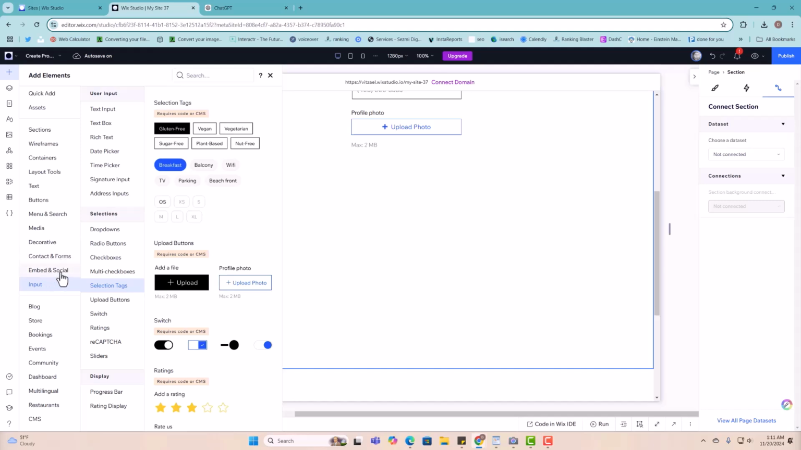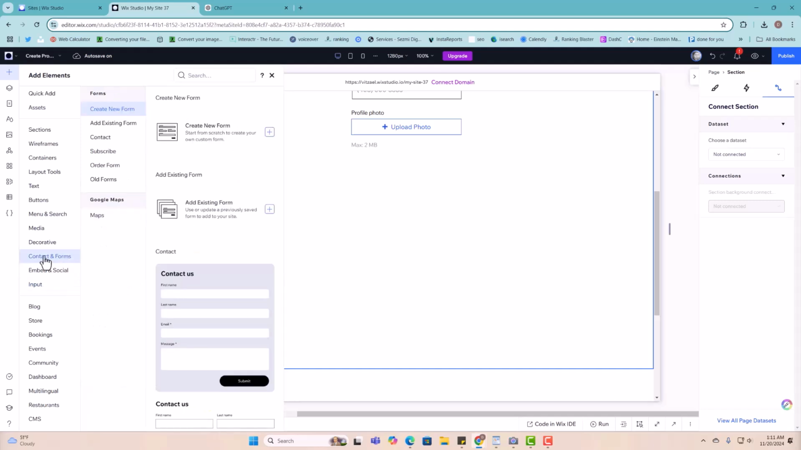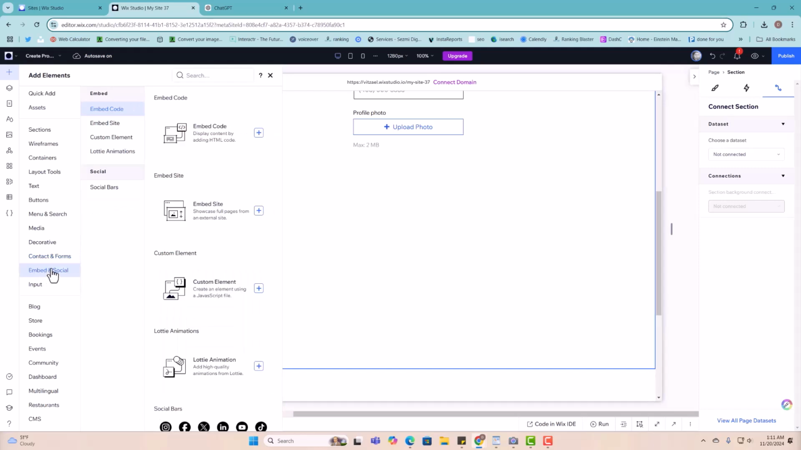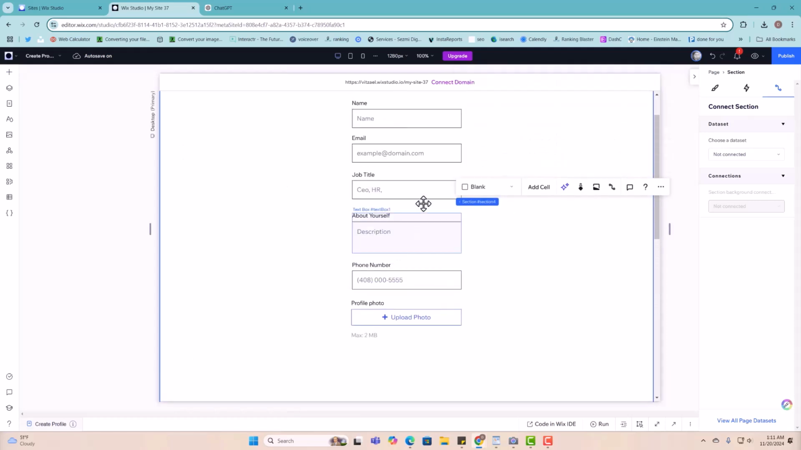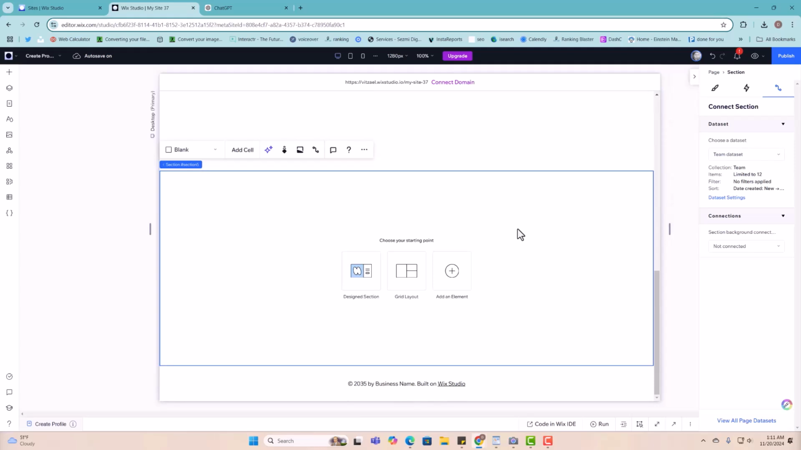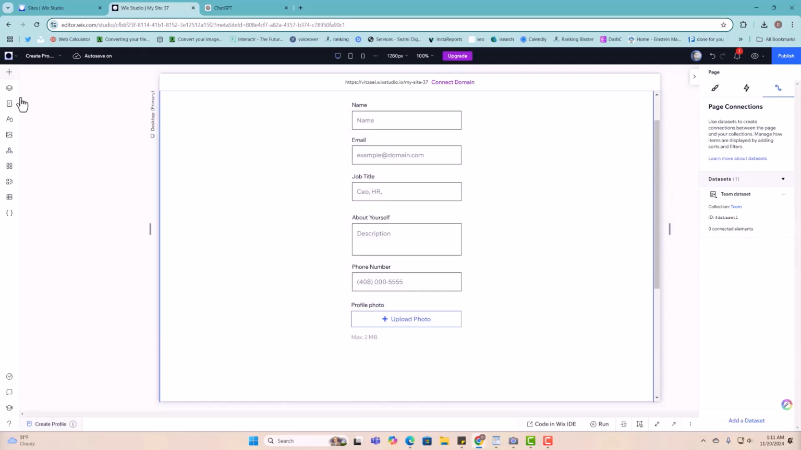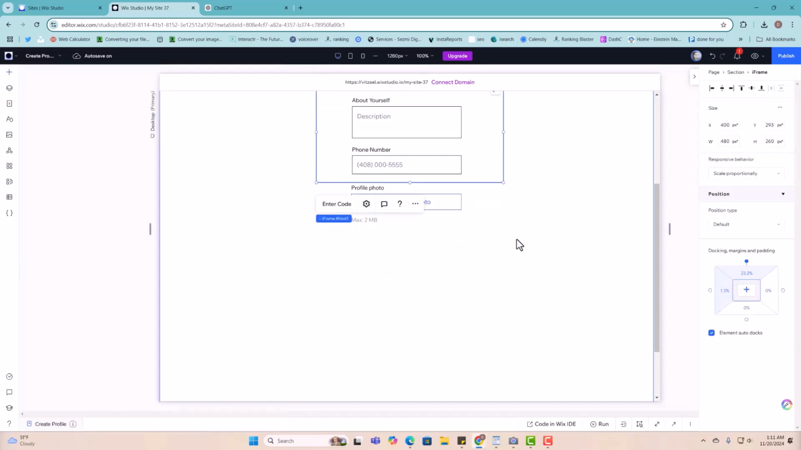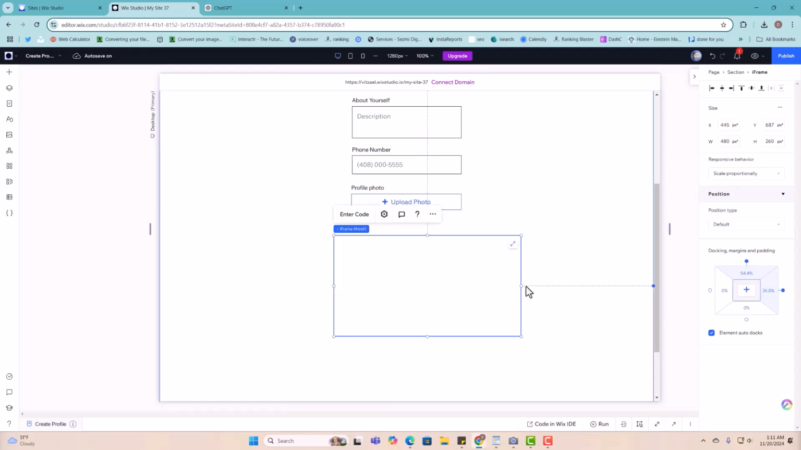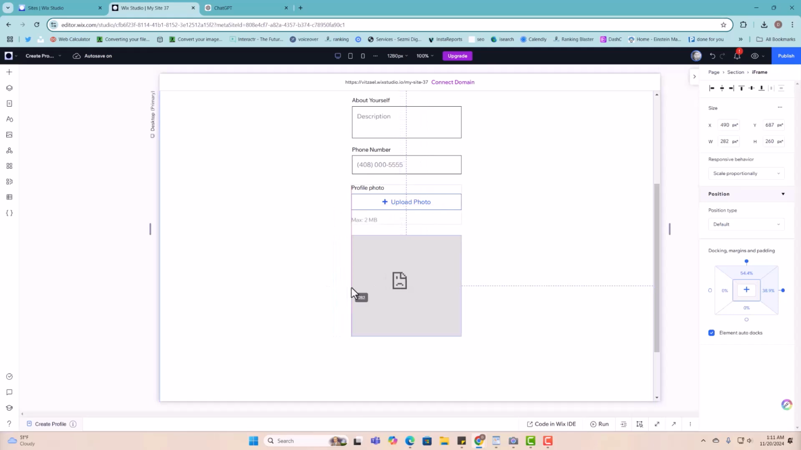So here we're going to do in HTML. So let me find it. Where is it here? Embedded. Okay, so we're going to go to embedded social, and I'm going to drag it right here. There you go. Let me close this. Let me add it again. And there it is. Okay, so I have an HTML code box here, and now I can combine this,